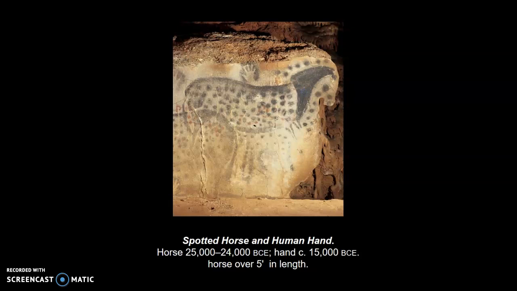I like starting with this particular image because it gives you a lot of context about the interests and focus of what we as a human animal were dealing with at the time. What I like to draw people's attention to first is the fact that this horse has been painted on this specific rock inside of a cave. And the reason being is that the natural curvature of the rock here already provides the shape of the head